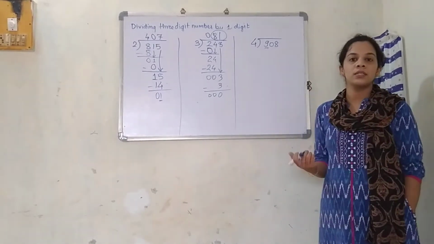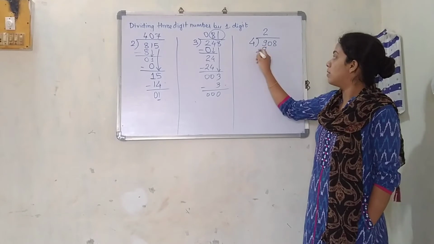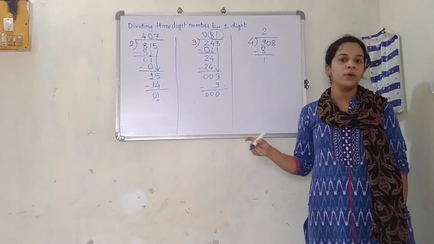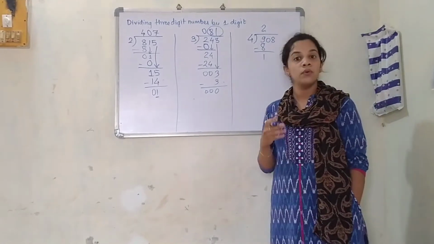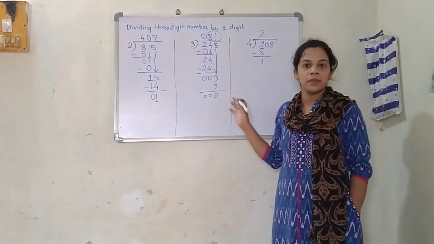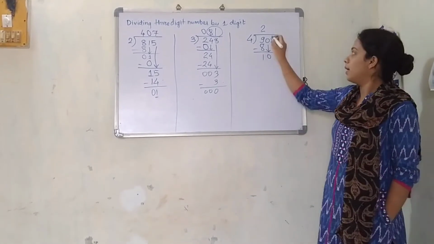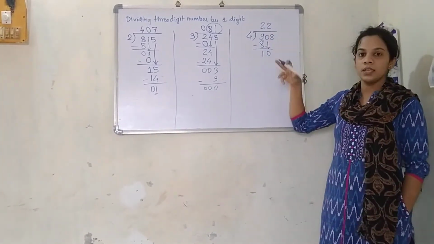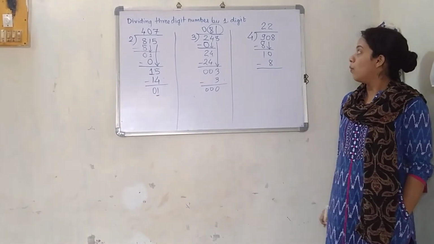So I am going to take one step behind, that is 4 twos are 8. Which will be the nearer that I am going to take. I am not supposed to take 4 ones are 4. It's not that near. 4 twos are 8 is more near for that thing. This 0 will come down. Because 4 threes are 12 and 12 is bigger than this 10. So I am going to take 4 twos are 8.